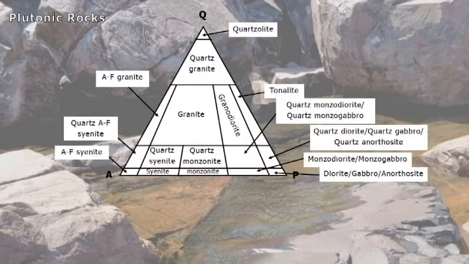And so what you're seeing here, now that I've shown you the numbers, I'm showing you what the rock names are. And that's the beauty of this chart, because based on these 3 components, well, soon to be 4, but I'll get into that in a second, your quartz, alkali feldspar, and your plagioclase,